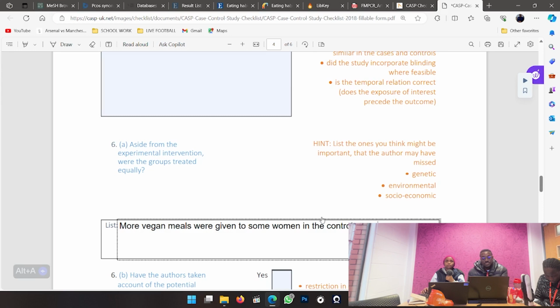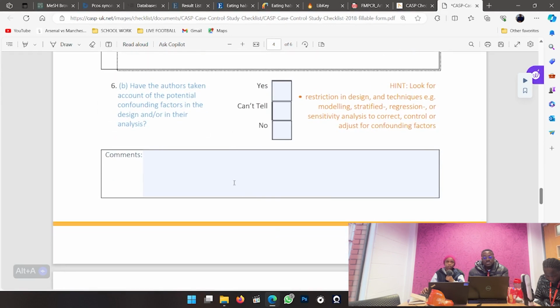Have the authors taken account of potential confounding factors in design? Yes, I think they did, because let's look at the hints. Look for restrictions in design, modeling. They actually stated it there, so from their study you could tell that